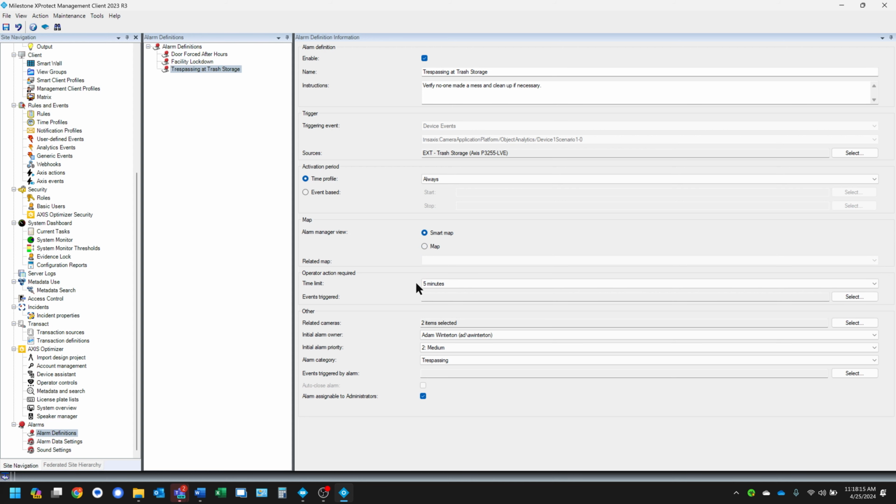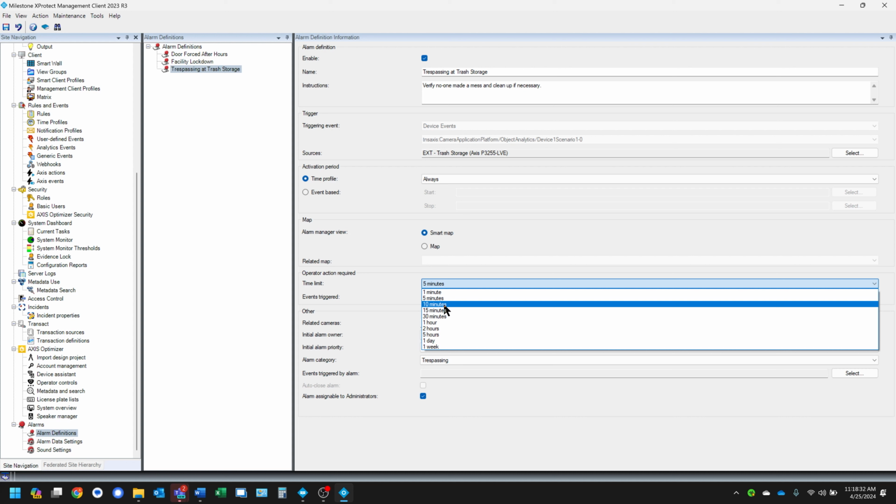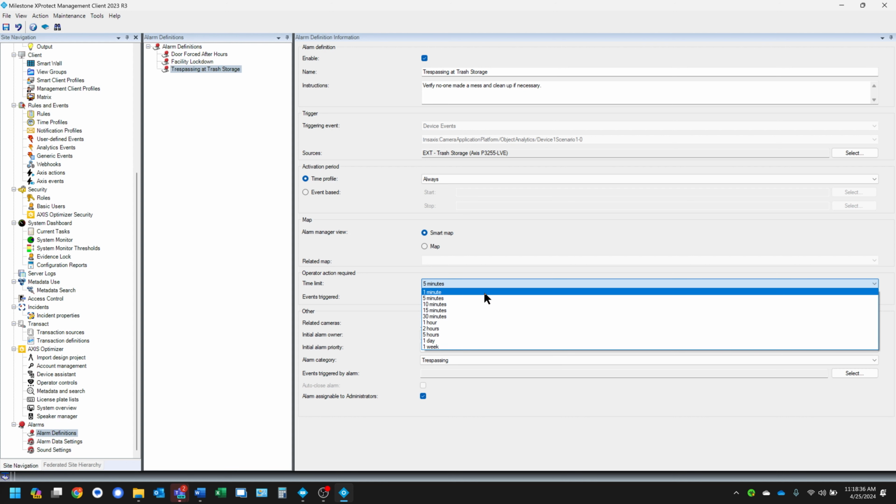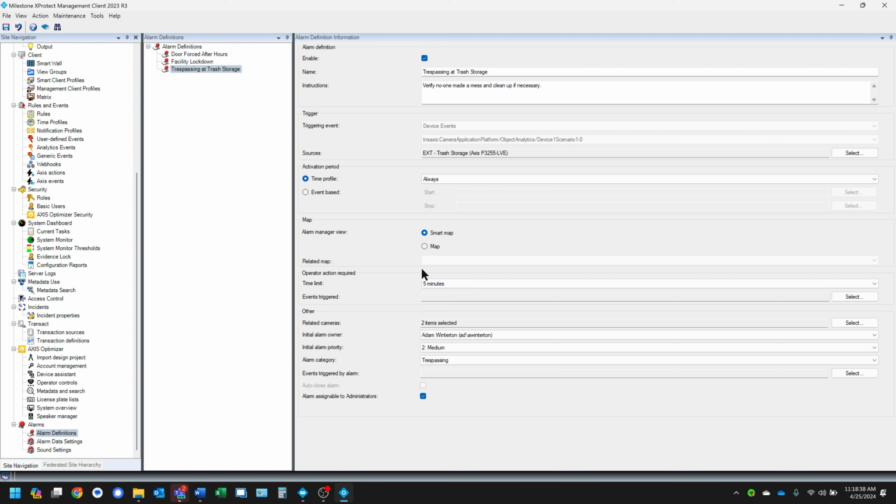Is there an operator action required? I'll explain this one. My alarm comes in. It sits in my list. How long can I let it sit in my list before something else has to happen? All right, so 1 minute, 5 minutes, 10 minutes, a week. Some of these you might want shorter. For example, if you have a